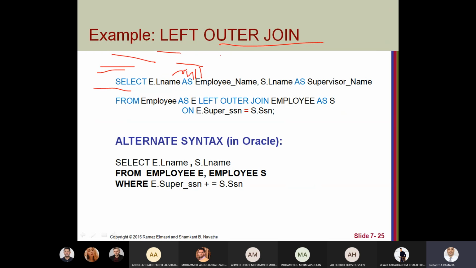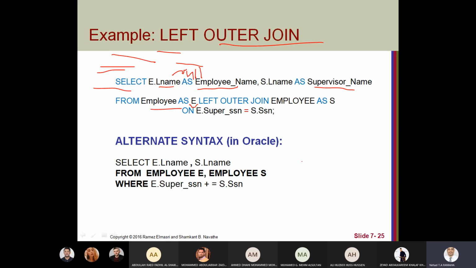So in this query, we select first name, last name as employee name, and supervisor name from employee as E. Why? Because we connect between employee and his supervisor. We need to return all employees' names and his supervisor if there exists a supervisor.